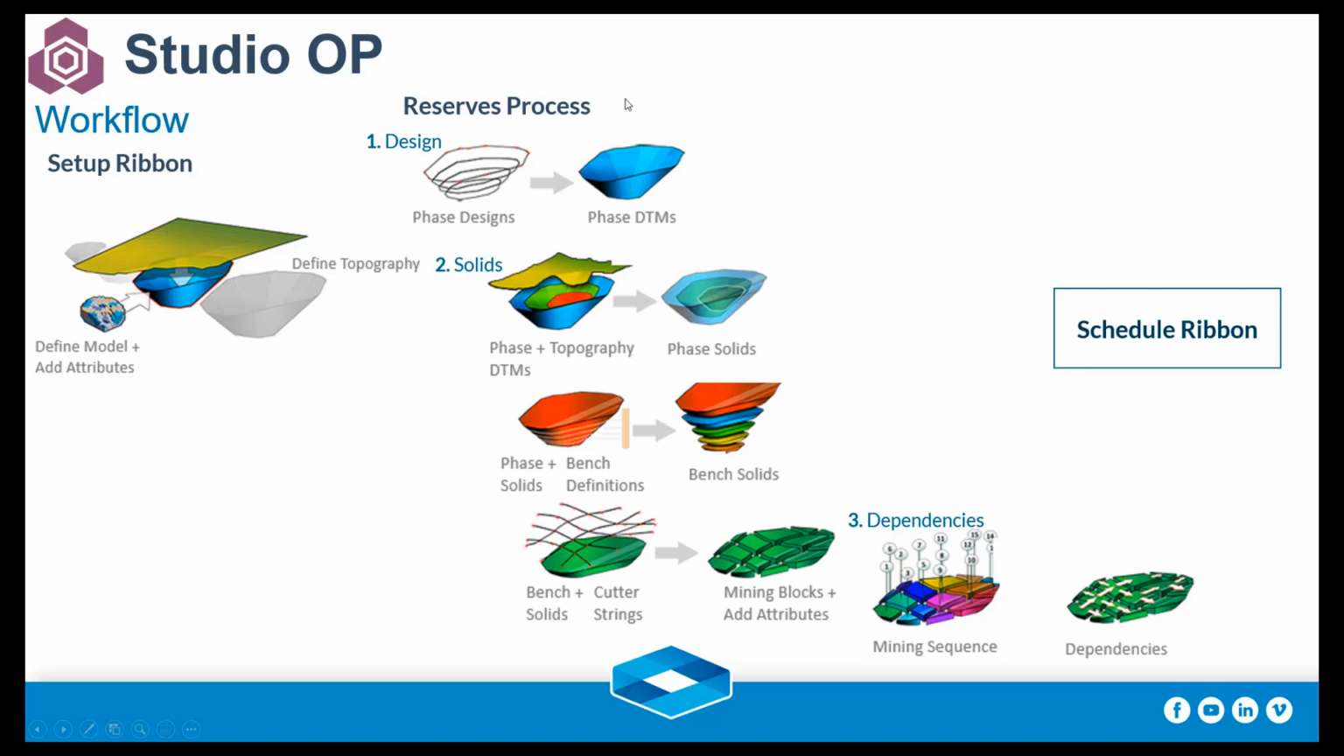So this is the first part of the research process, is creating the automatic design or even a manual design if you want. I don't see a reason for that now. But especially on the long-term part of it. Once we have our phase designs, we can create the DTMs of it and then create the solids. This is when we close our pit design with the topo we defined, and then we create our solids. We cut them into the benches we defined, and then we can create mining blocks and add dependencies to those